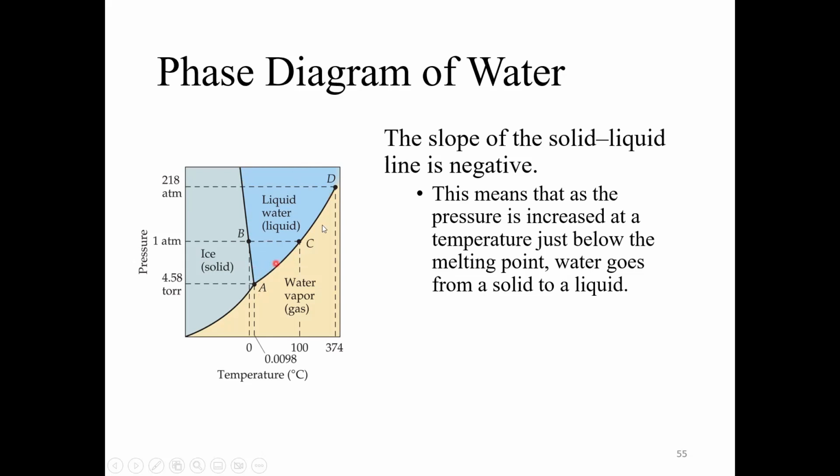Not quite as steep as the liquid and gas, but it went to the top right. So he kind of took this and just moved it over a little bit. But with water, we see we have a negative slope here. So if we take a point and put it just below the melting point, and then we keep that temperature the same, but just increase pressure,